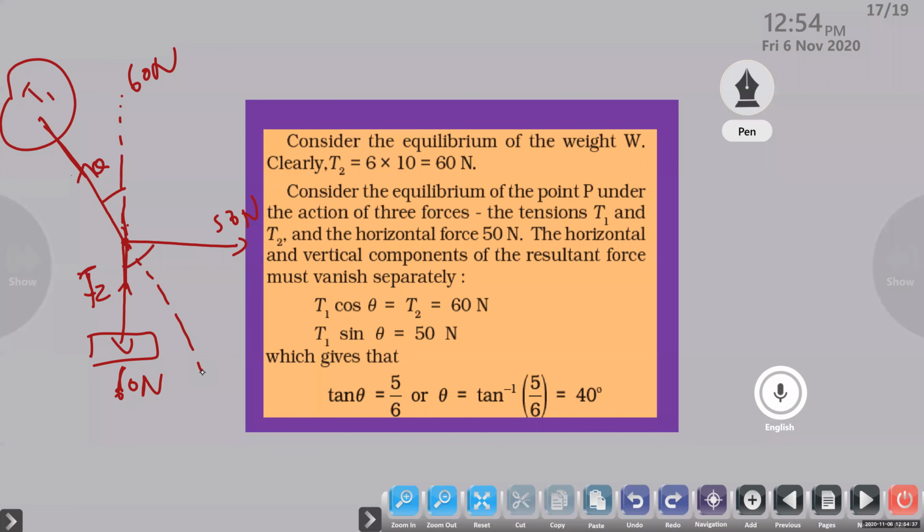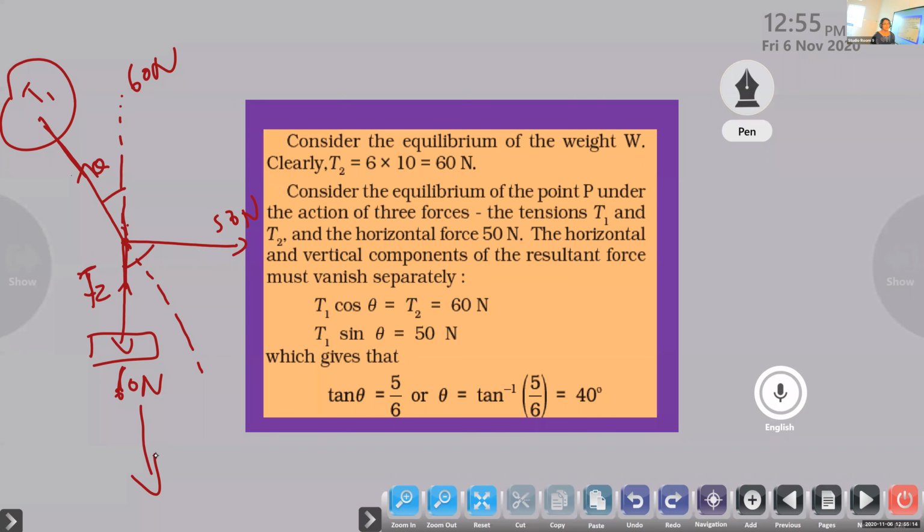Ma'am, is there any formula for doing this problem? No, there is no formula. You have to identify using the equilibrium condition. Only one tip: whichever force is acting downward, there should be another force equal in magnitude acting the other way. If the weight is acting this way, in the case of a spring or a string, the tension will be the same magnitude, so both ways it will be 60 Newton.